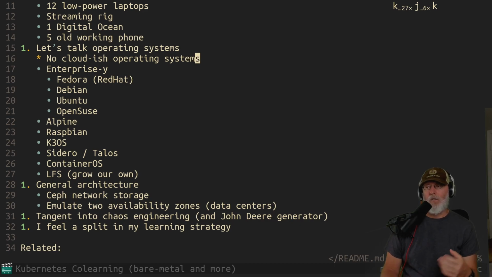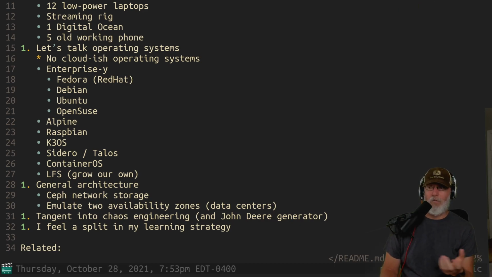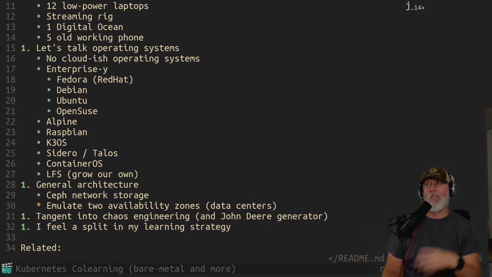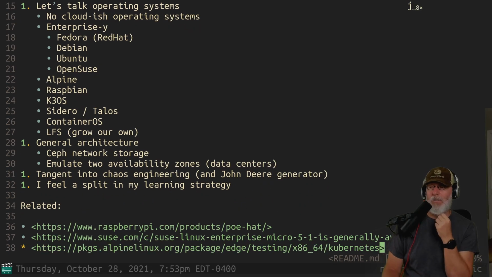If I'm going to be getting the first cluster up, probably all running on RedHat or Ubuntu, because those are the 2 primary host OSs, and then building in new nodes and adding nodes in as we go, and adding node affinity rules and stuff like that. So there's kind of a split happening.